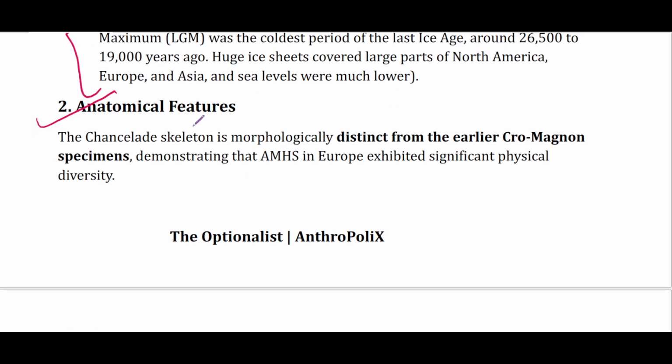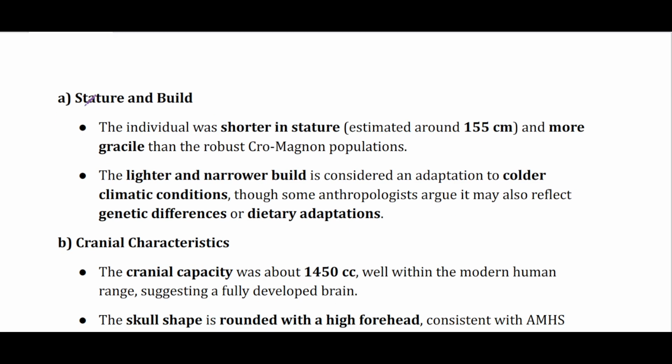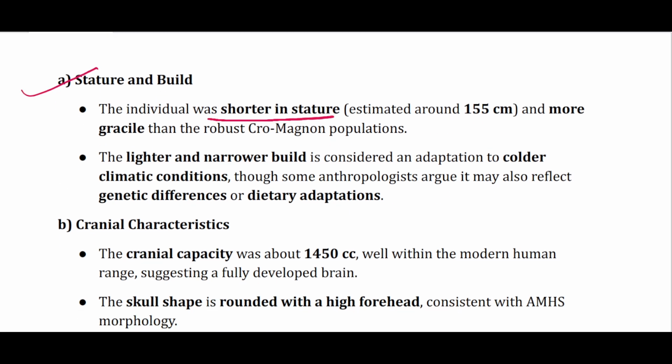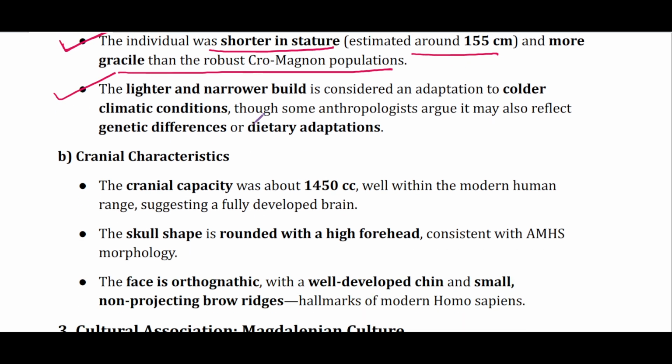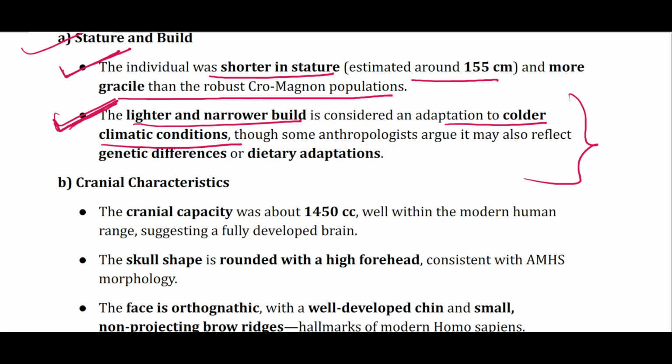Now the anatomical features. So the Sanchalid skeleton, it is morphologically distinct from Cro-Magnon specimen. So कैसे हैं? First, they were short in stature, around 155 centimeter, and more gracile than robust Cro-Magnon population. So physical features में the difference. Then this light and narrower build, it was an adaptation to colder climatic condition, but इसके अलावा it might suggest